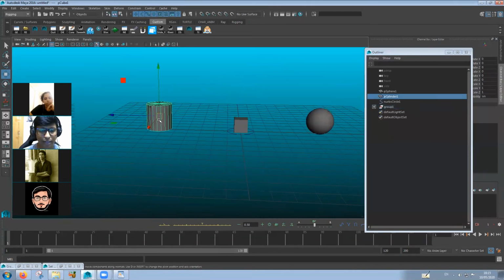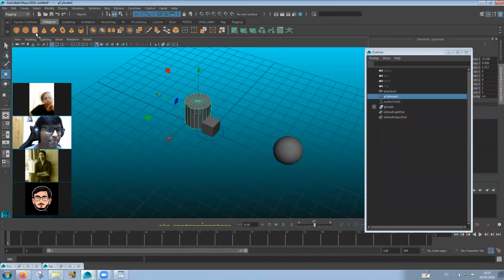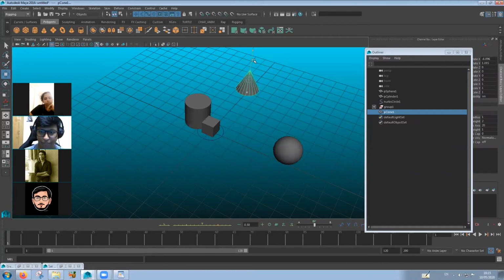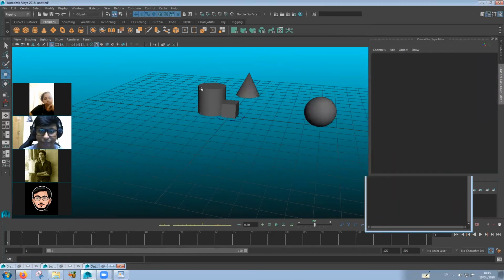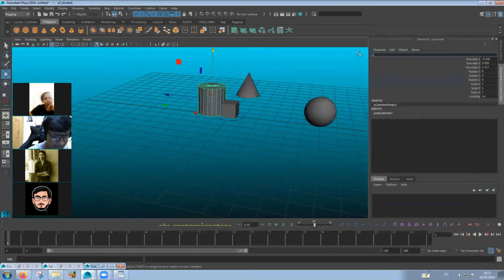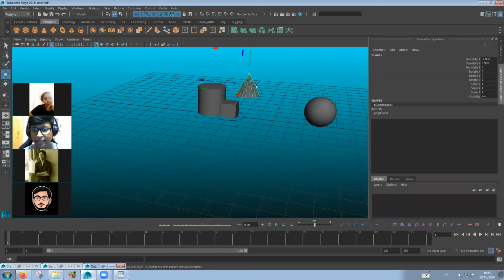For example, let's say this guy catches this object and then gives it to this guy. Then this character takes the object and gives it to, let's say, another character. Gives it to the cone. So let's say this guy is the cylinder, sphere, and this guy, let's call him cone, and he's on Mr. Q.